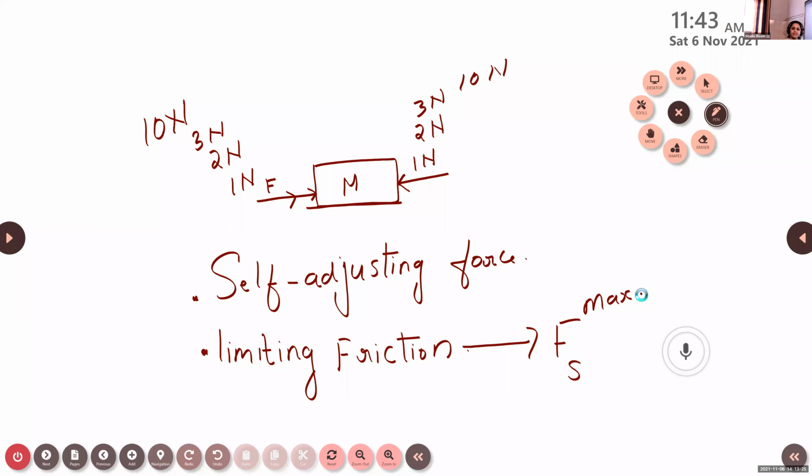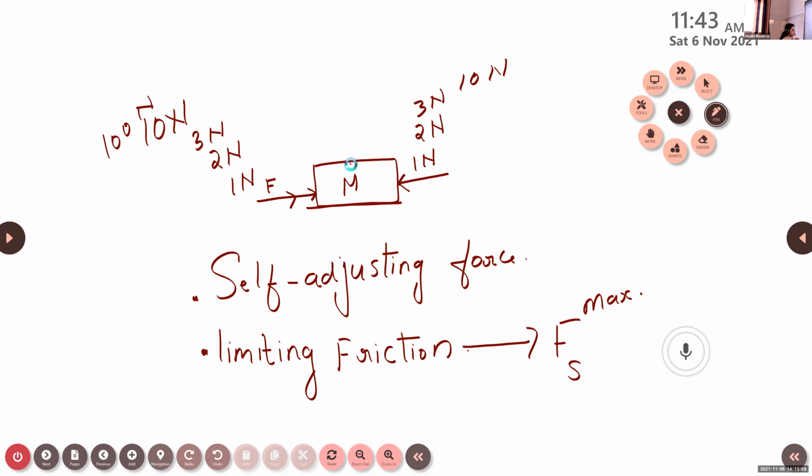After that, it cannot exert another opposing force onto that object in order to keep the object in a state of rest. If we are exerting a 100 Newton force, and it is over the self-adjusting force, the object starts to show a tendency to move from the stationary state. The region at which the static friction reaches a maximum value is known as limiting friction. That is what is known as limiting friction.